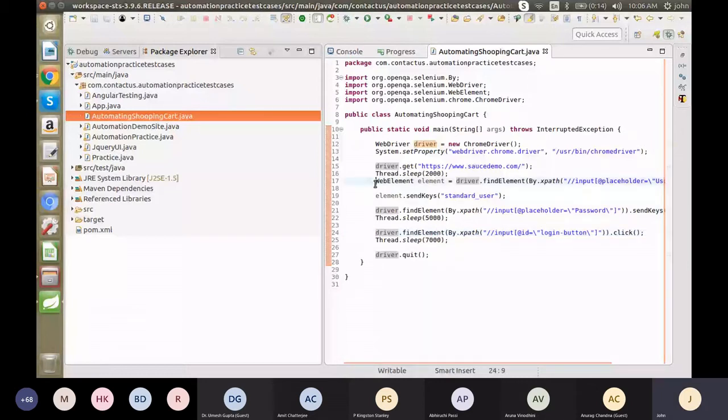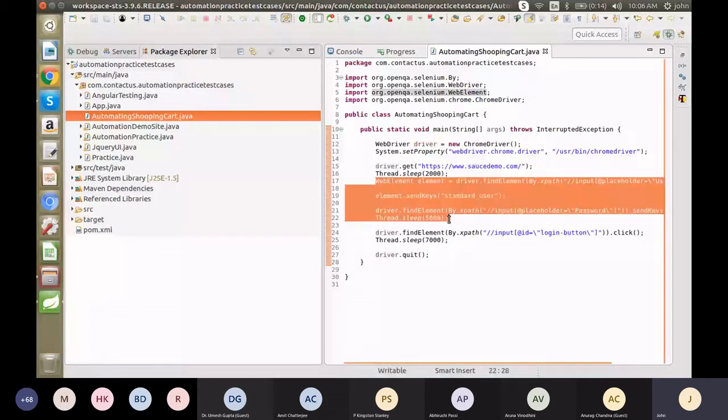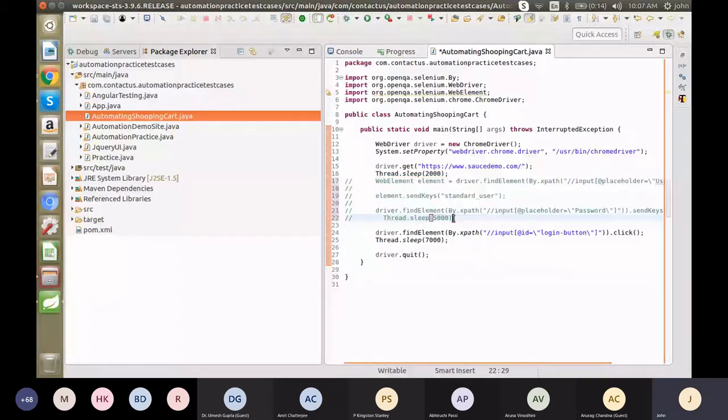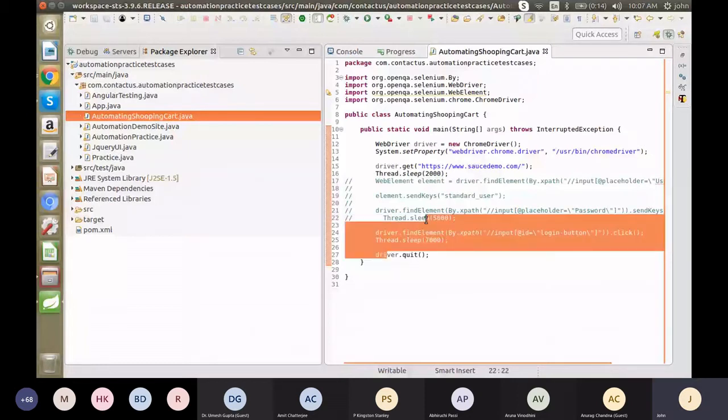So I have commented out the username and password fields. So first it will load the web page. Then it will directly click the login button.